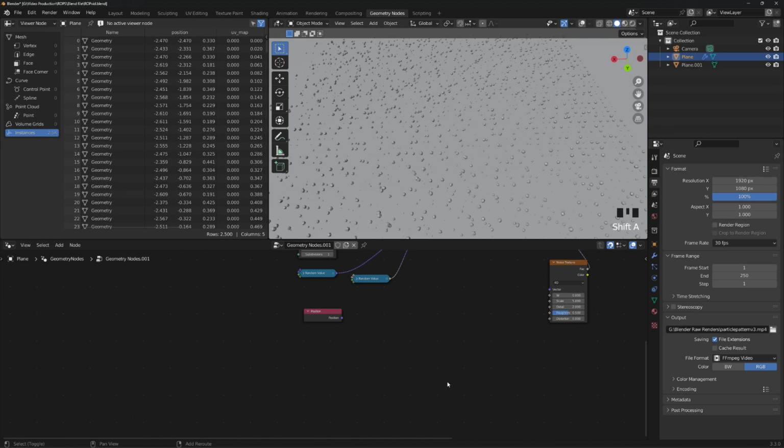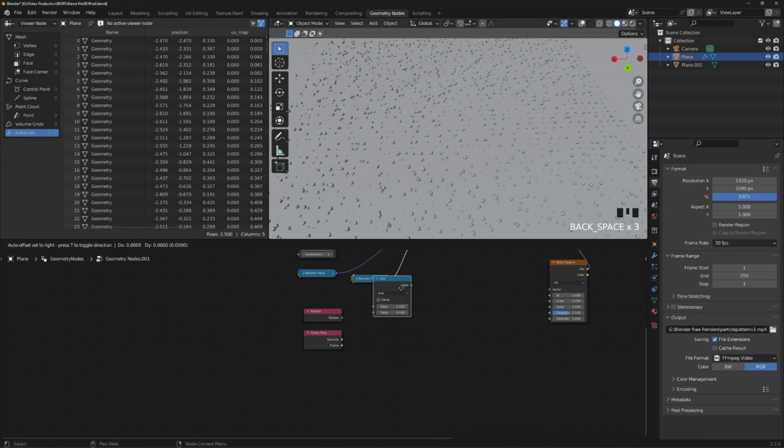What we then want to do is add a node called scene time that's built into geometry nodes. It's a very useful node. You can therefore run your animation based on the existing frame. So when it's on frame 2, this will output 2. When it's on frame 3, this will output 3, so on and so forth. Once you get to 250, it outputs 250. So what can you do at that point? You can divide, or rather use a math node